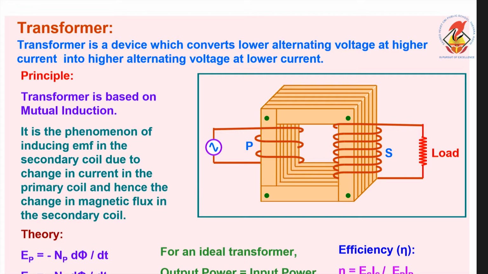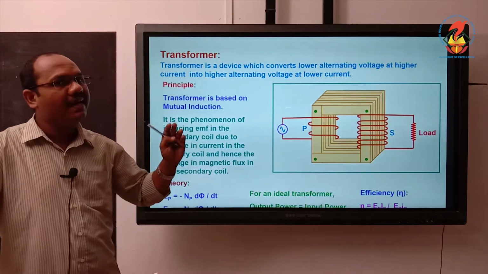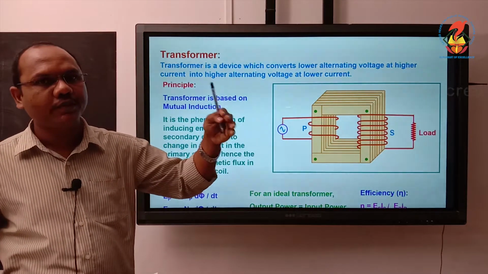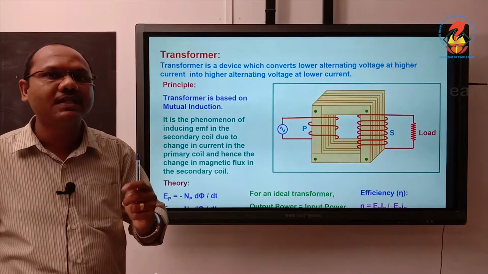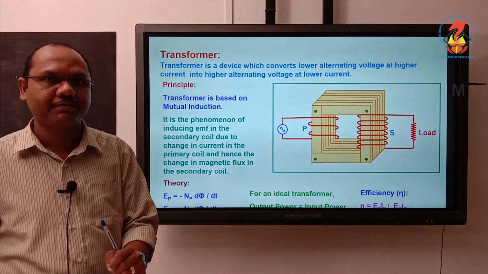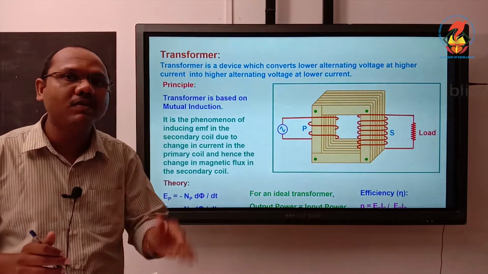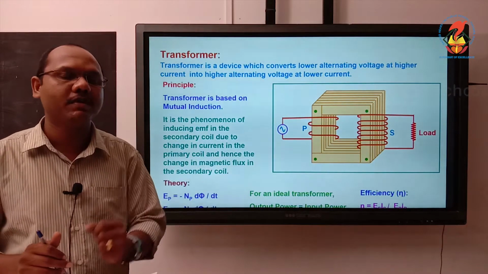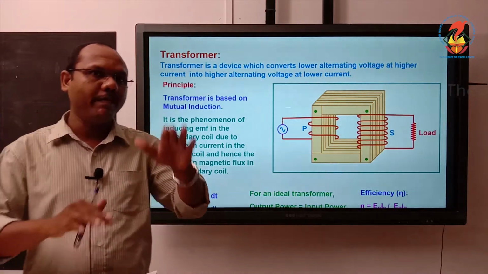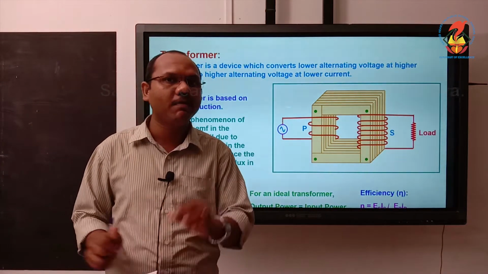It is a device which converts lower alternating voltage at higher current into higher alternating voltage at lower current. So you can see here, when we step up the voltage, the current is getting down, and when we step down the voltage, the current is going up. So both of them are inversely proportional because